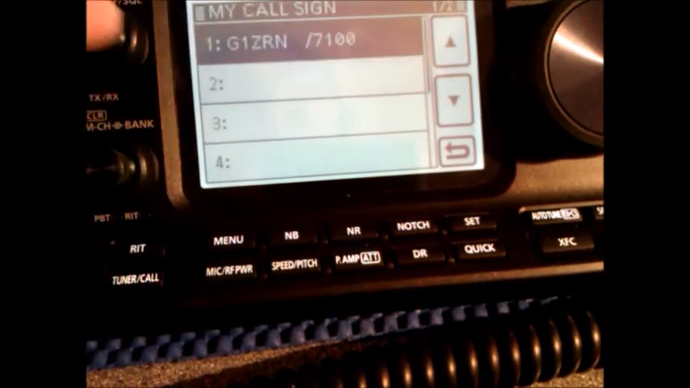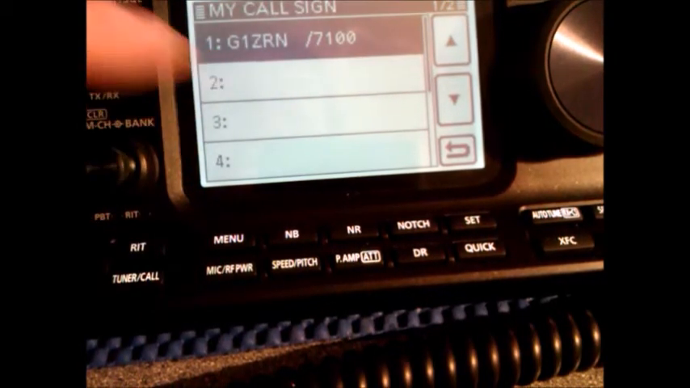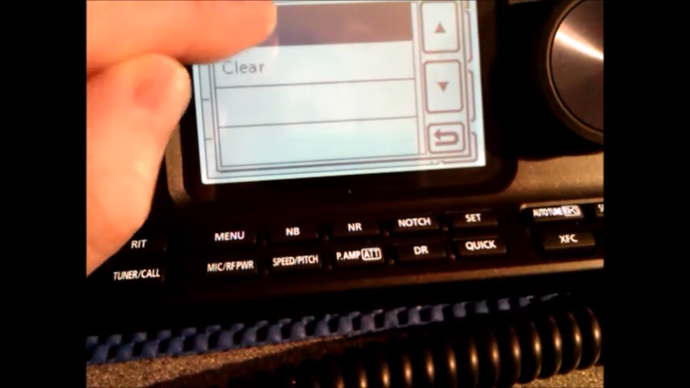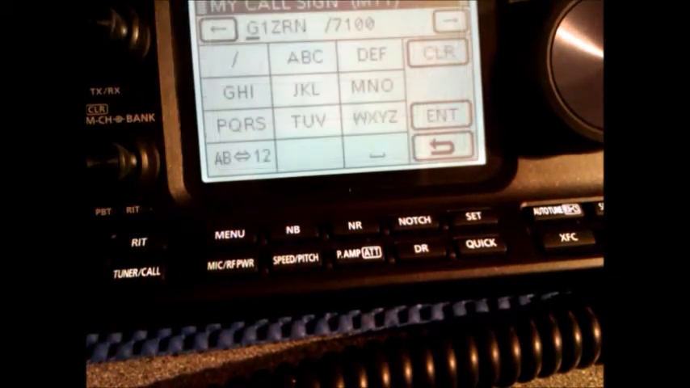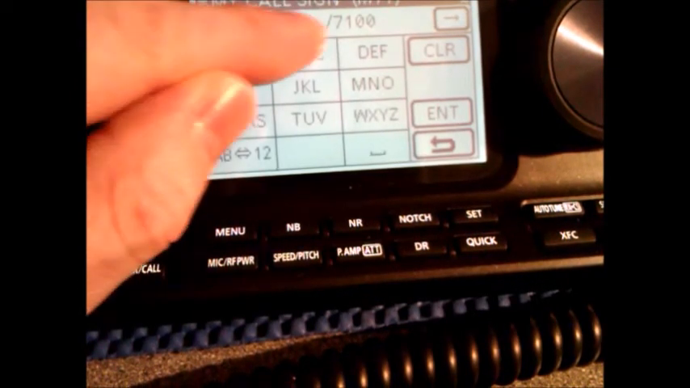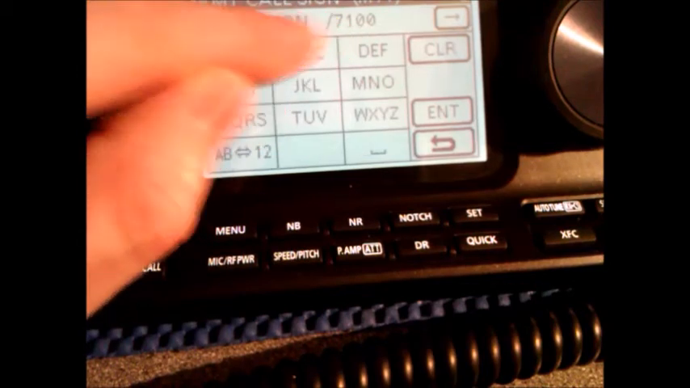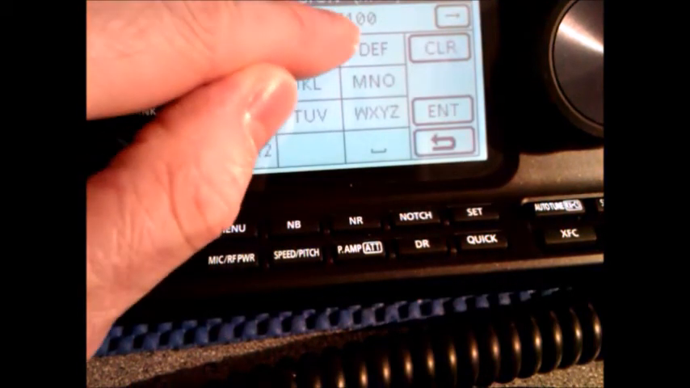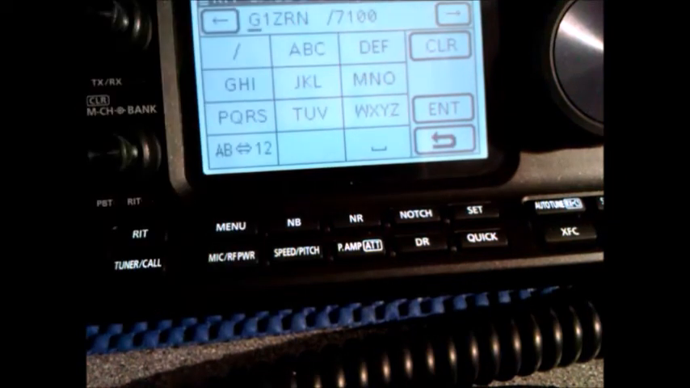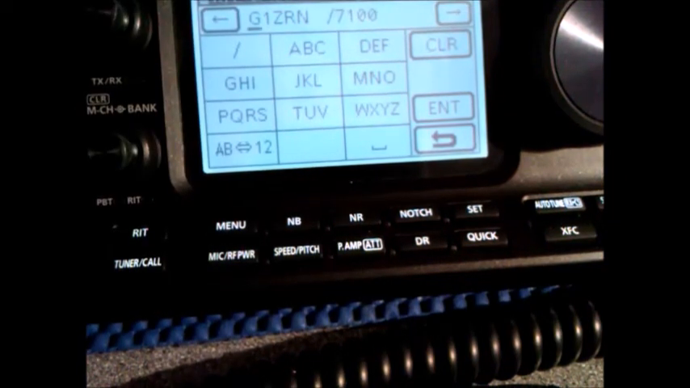Press My Call Sign, then press the Quick button. My call sign is already entered, but press the Edit button and you can enter your call sign. Must be letters before the stroke and no gaps. After the stroke you've got 4 characters, so it's up to you what you want to put in there. When you're done, press Enter